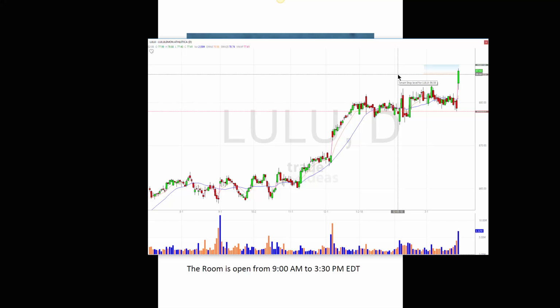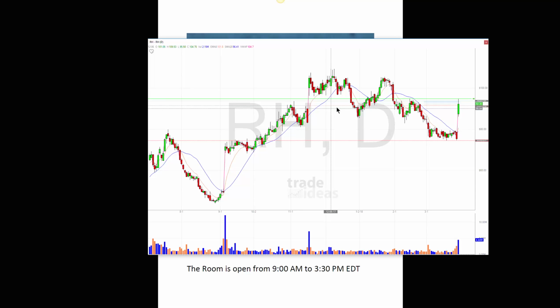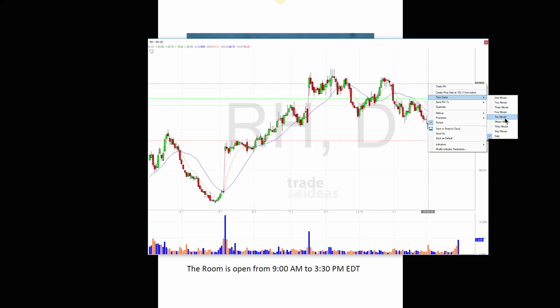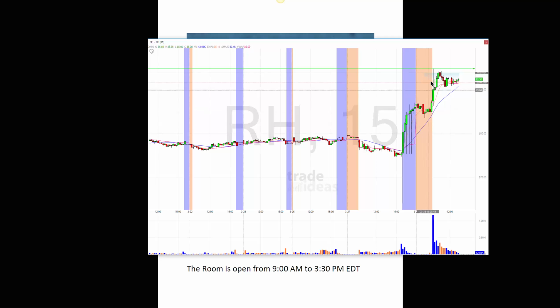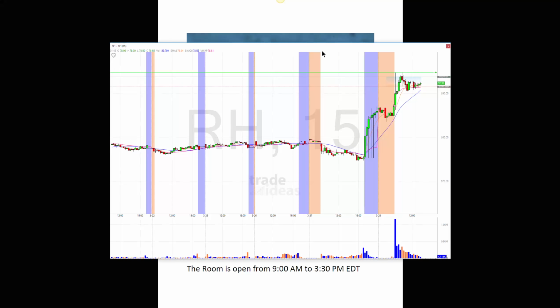And the other one was Restoration Hardware. I only bring these two up because these are at least names. But again, I found it very whippy. Kind of difficult. I mean, this is a 15-minute chart. Look at all the topping tails and bottoming tails. No smooth kind of trend up, just kind of chopping around. So that's why I'm hoping that in a couple of weeks, when we have more earnings plays to pick from, you can kind of zero in on the ones that are trending a lot more evenly, a lot more smoothly, rather than trying to guess direction all day long.